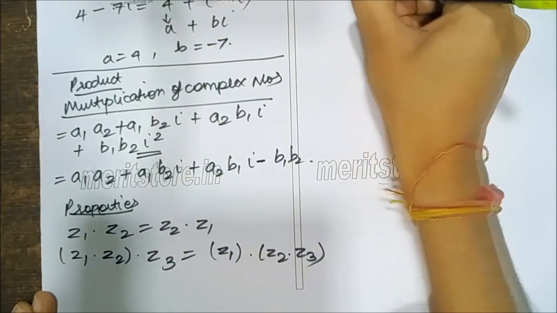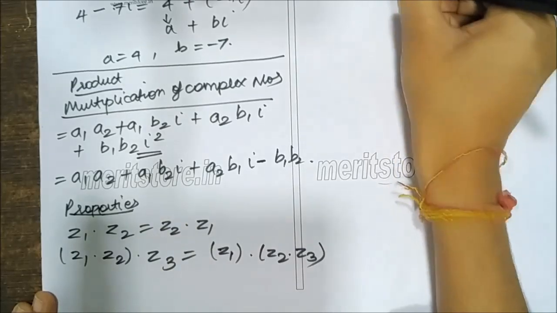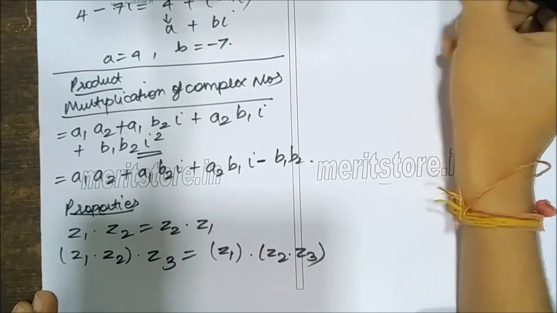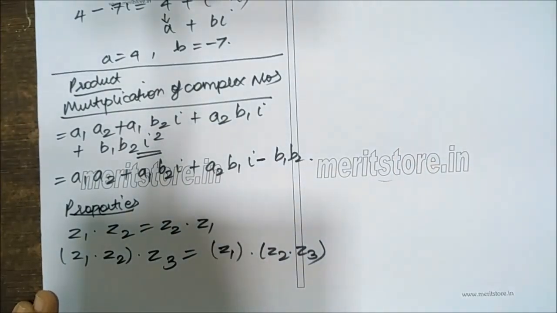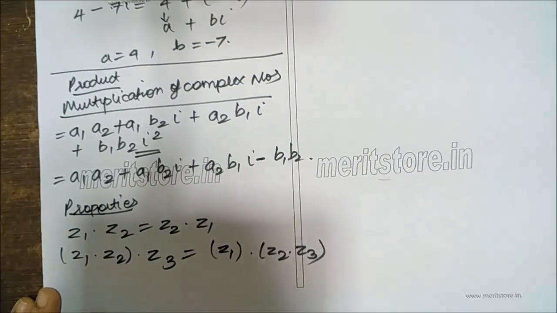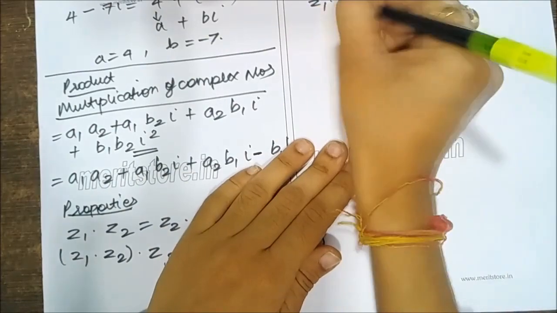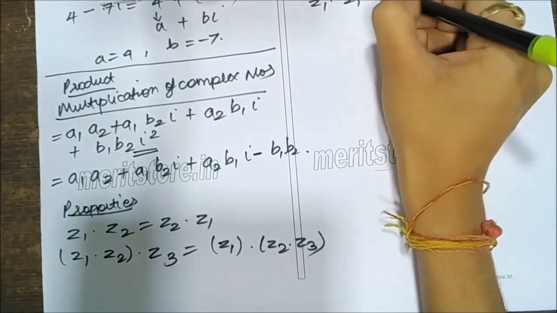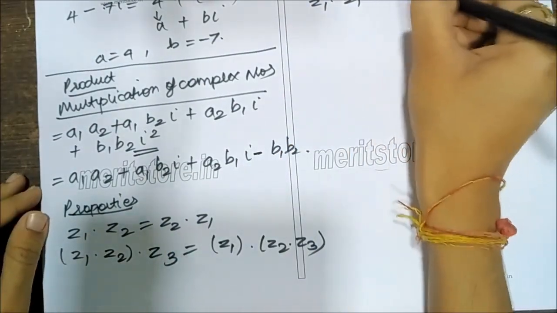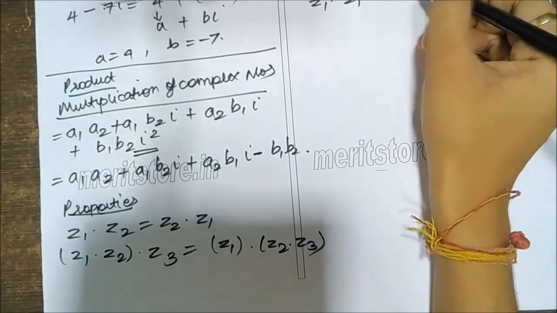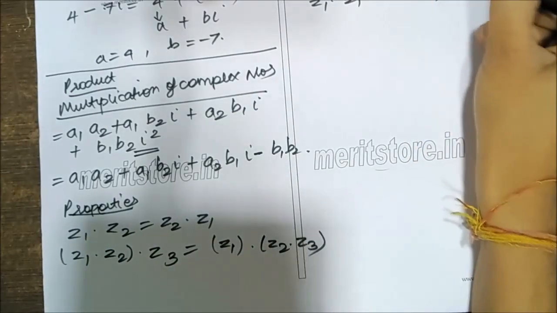Z1 into 1 is equal to 1 into Z1 is equal to Z1. Z1 when multiplied with its conjugate is again purely real,